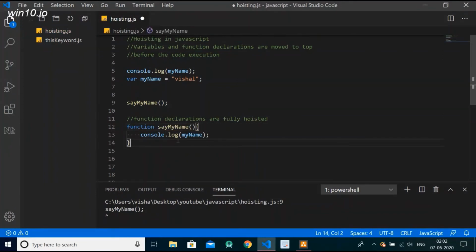So to wrap up this video, let's just go through this again. Hoisting is something in which you can just use your variables even before you have declared them, and similar is the case with functions. Only var and function keywords are hoisted, nothing else is hoisted. Remember that. Let's say if I even add a brace here and execute this function,